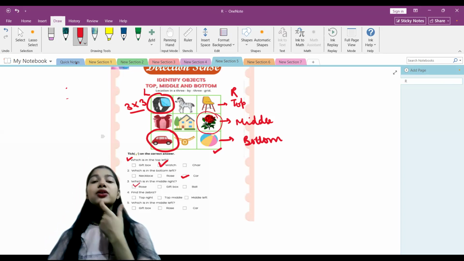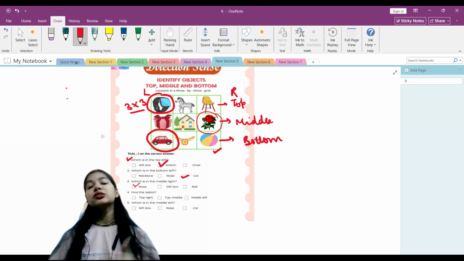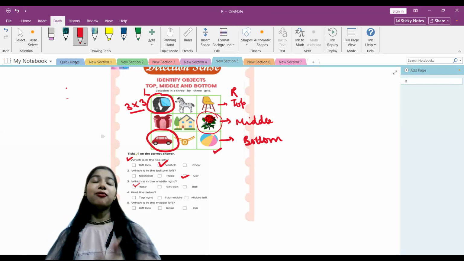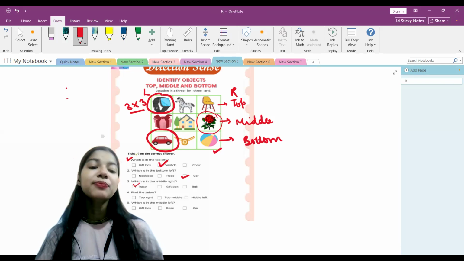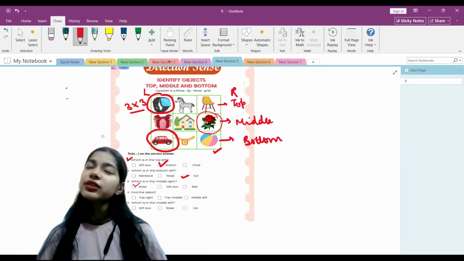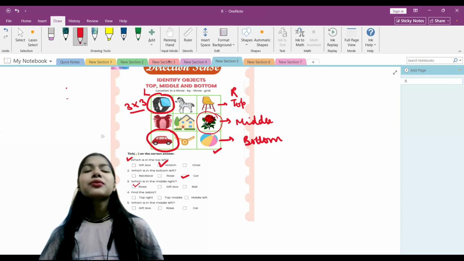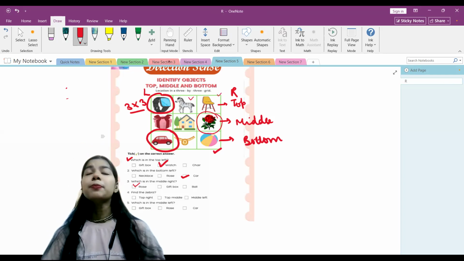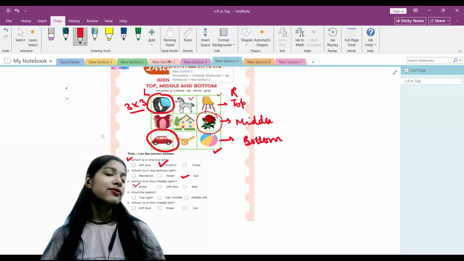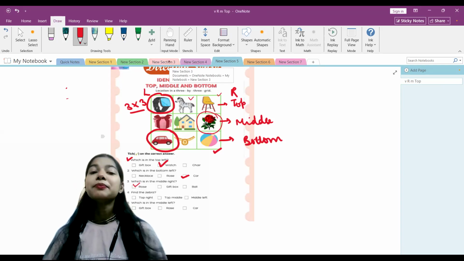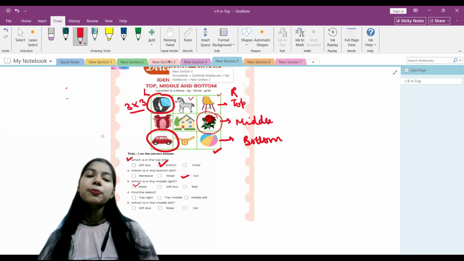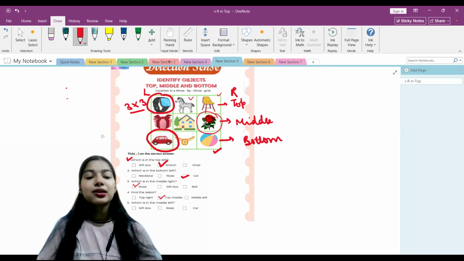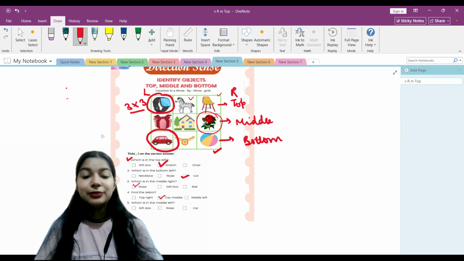Find the seat. Now, till now, we were given the positions and we had to find out what object is there. But this time we are given the object and we have to find out the position. So first of all, without seeing the options, let's find the position of the zebra. Here is a zebra. This is the top column. And it is not even left, it is not even right. It is in the middle. So what is the position? Top, middle. So where is the option top, middle? Here. So we are going to mark that as top, middle.